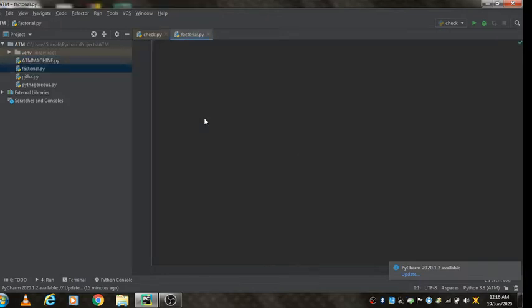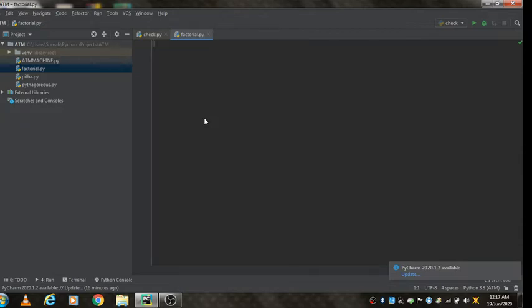And what is factorial? If I want to print 5 factorial, it means 5 into 4 into 3 into 2 into 1. 5 into 4 is 20, 20 into 2 is 40, 40 into 3 is 120, 120 into 1 is 120. If you input a number, for example 5, it starts from 5 and ends at 1, multiplied by 1.